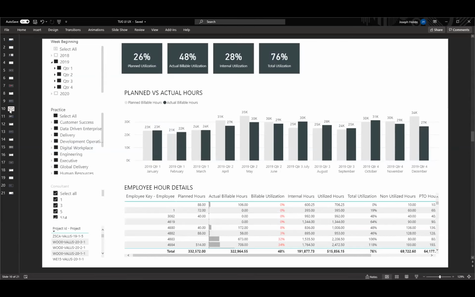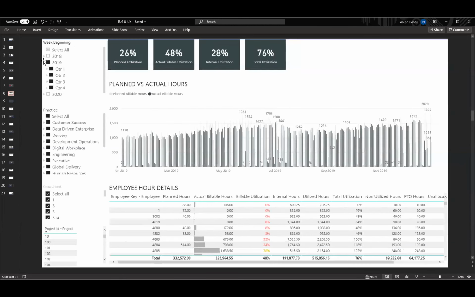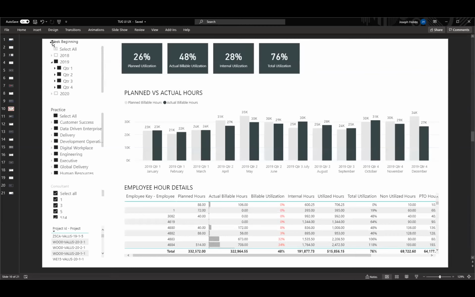So I did a few things here. First off, I added some white space around the edges. You'll notice here that things are all the way to the edge of the field of vision for the most part, which makes things seem like they don't have a good boundary around them. So I added a little white space here around these three sides. I added some additional space between my filters here. I added kind of a gap. I moved these up farther away from here, made the visuals themselves slightly smaller.